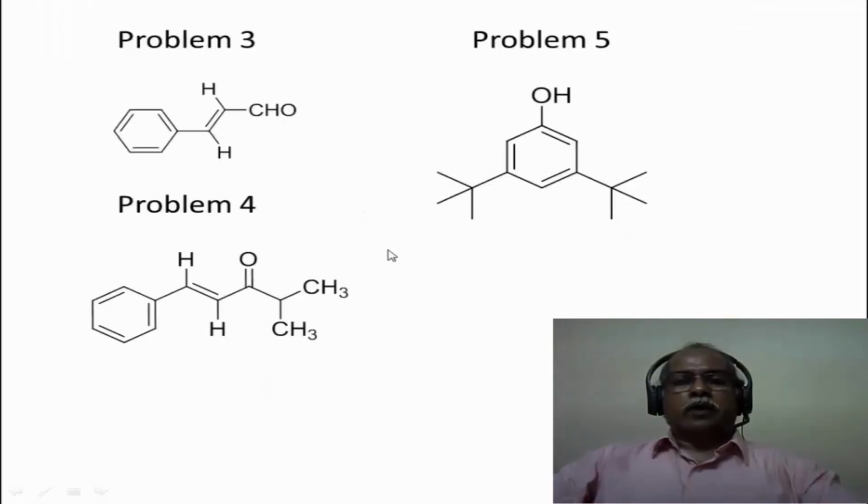So what we have seen in this module is 3 examples. 2 alpha beta unsaturated carbonyl compounds. One is an aldehyde, the other one is a ketonic compound. All of them are oxygen containing compounds. Finally, we saw one compound which is a phenolic compound, heavily substituted with tertiary butyl groups. So the NMR gave a way to identify the tertiary butyl group because a singlet with 18 hydrogen intensity could only be because of the tertiary butyl group. And this is the kind of argument that we used for elucidation of the structure of these 3 organic molecules in this particular module. Thank you very much for your attention.